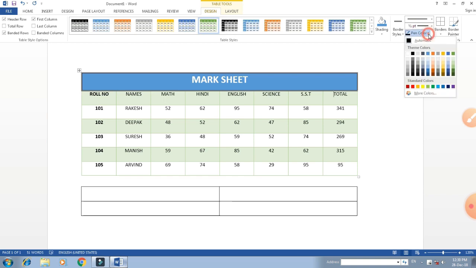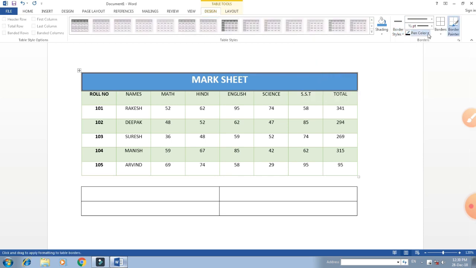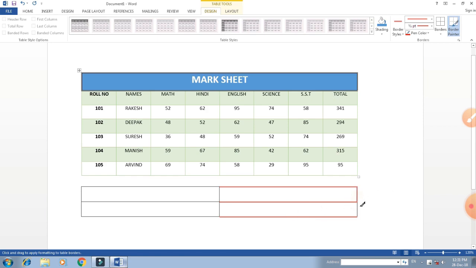And if you want to set the pen color also, and you want to escape, press the escape button, and that option will be removed. And then again, pen color means you want to apply such a color. Select the pen color palette for providing the color for your border. Click on the line border, and automatically whichever line you want to color, use the pen border color here. Student, this way we can change it with the border paint. The border paint will provide us such an option for painting your line.